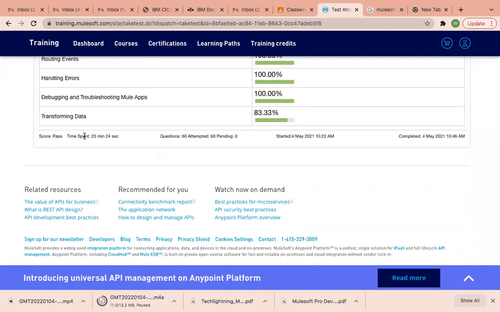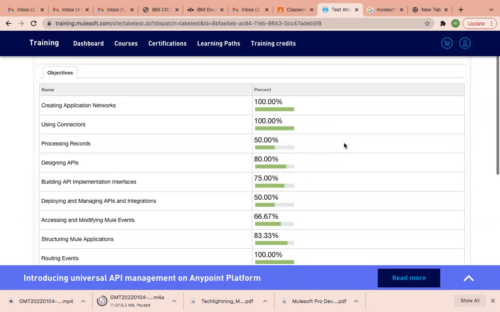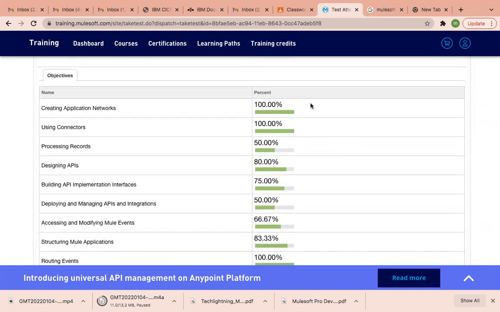I spent how much time? 23 minutes I spent for this exam. Usually we will get 2 hours. 60 questions I attempted. Last year May I wrote this exam. I started 10:22, 10:46 my exam got completed. Now it's 1 hour and 20 minutes.